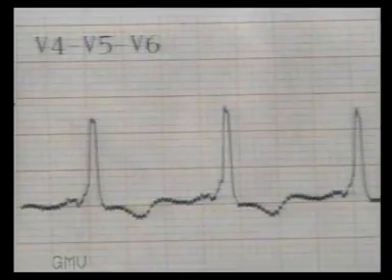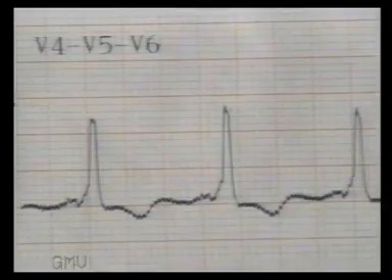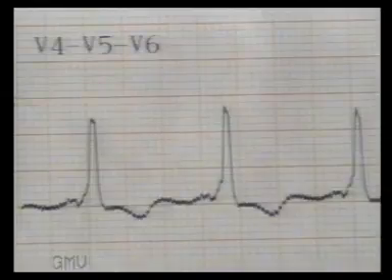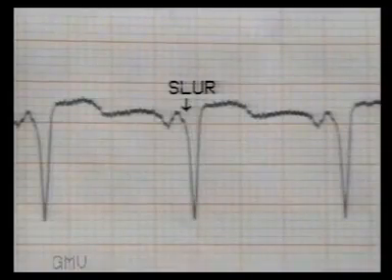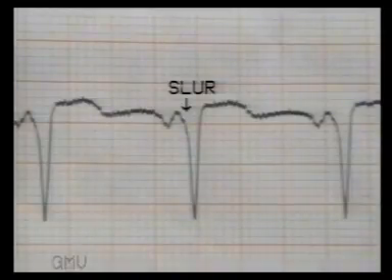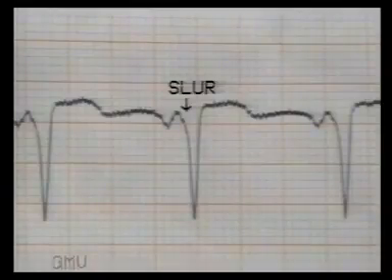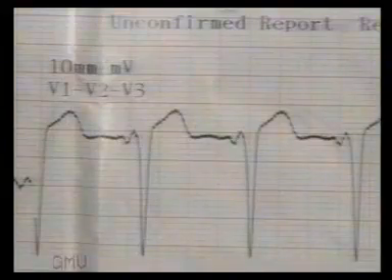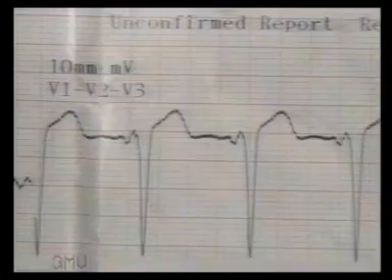It is accompanied by an inverted T wave, which is opposite in direction to the QRS complex, indicating abnormal ventricular conduction. Whenever ventricular conduction is via the normal pathway, the T wave is in the same direction as the QRS complex. The slur of WPW syndrome is also seen on the downstroke in the leads showing a predominantly negative QRS complex. Note the slur on the S wave in V1 and the absence of PR segment.